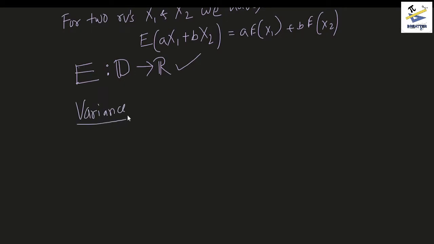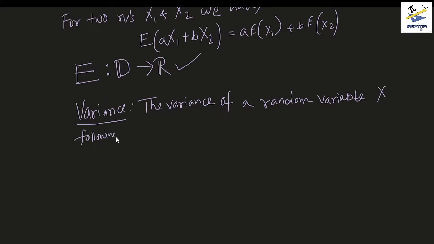Variance. The variance of a random variable X following a PMF P(x) is given by